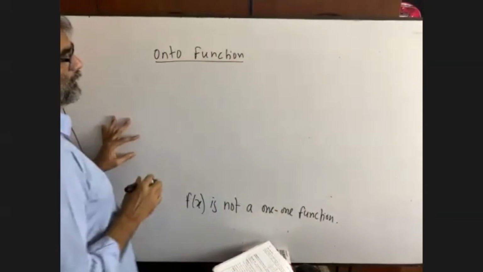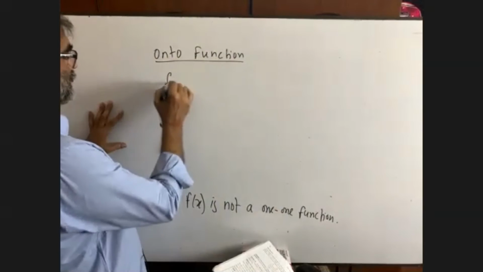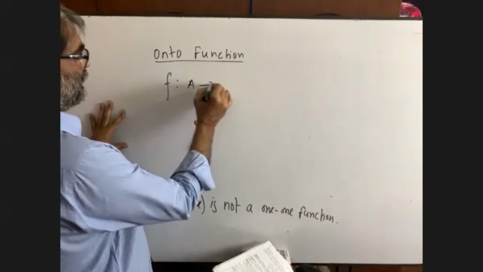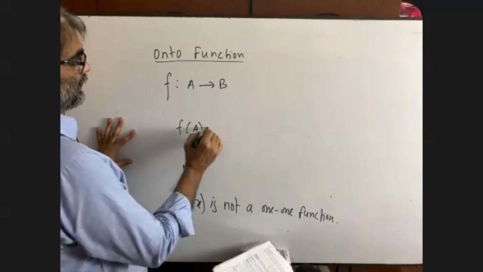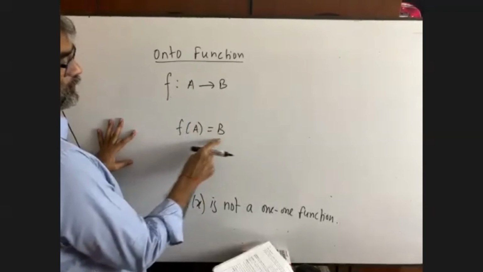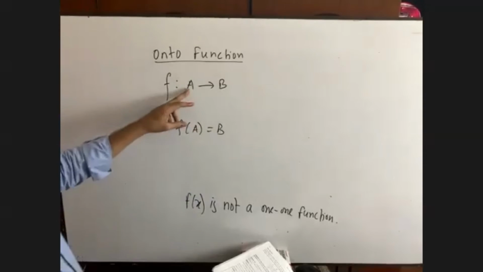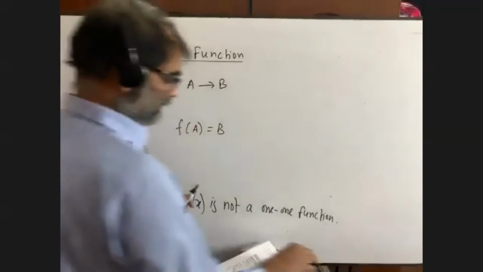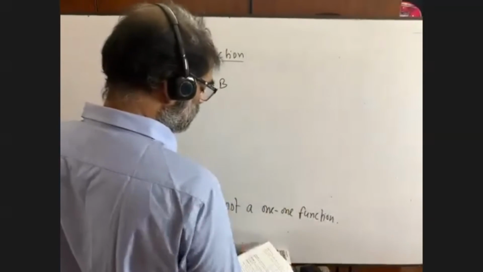Onto function. Okay. Suppose we are given a function f, where f of a is equal to b. What is the meaning of this? f of a equals b. Have you got me? It means f of a equals b. It will be called an onto function if